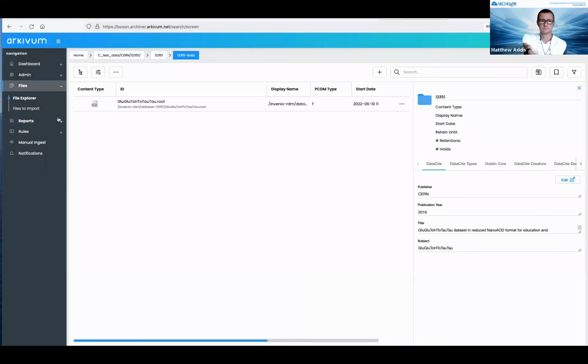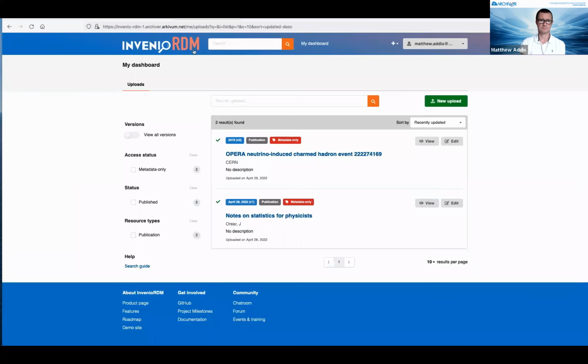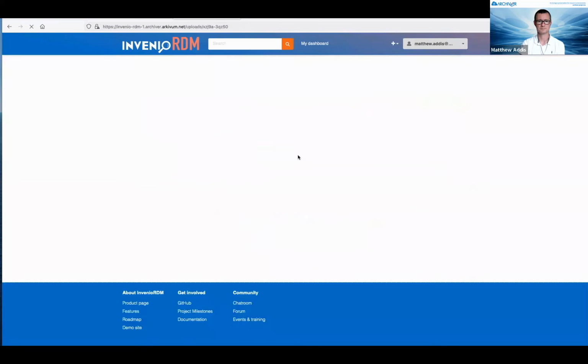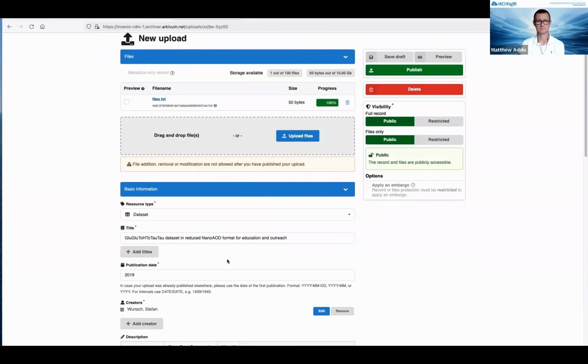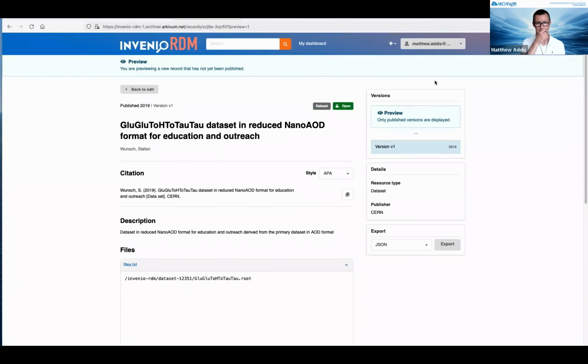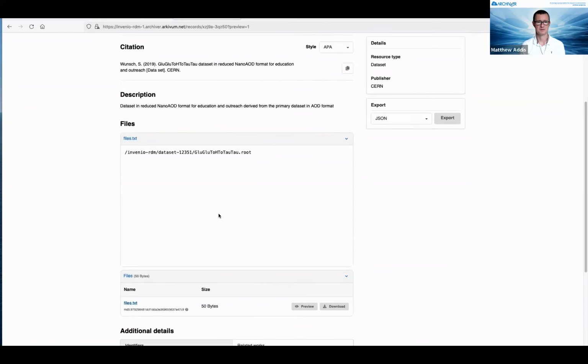And now that the data set's been ingested, again, just refresh this page, and you can see that a record has been created for the data set. So click on that. You can see the title, the author, publication here, description, and then in addition to that,